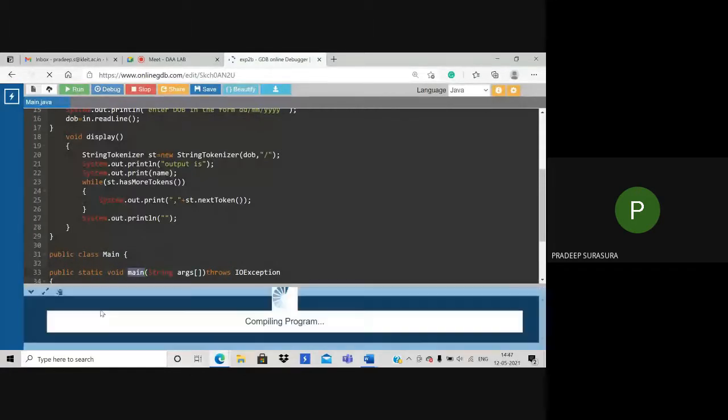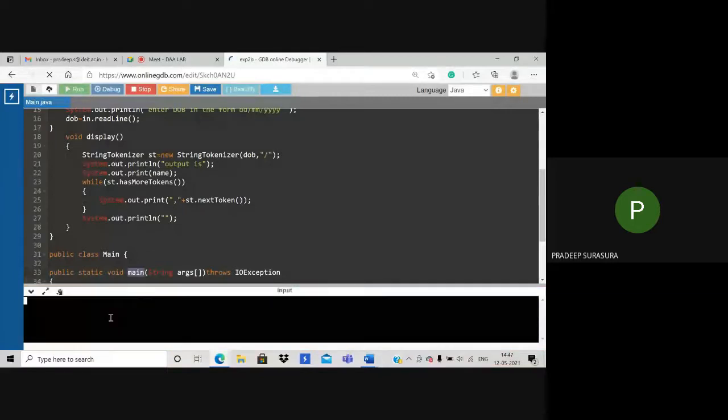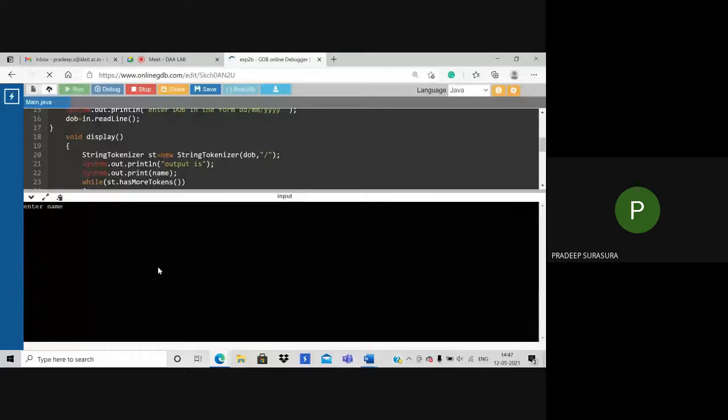When I run this, it will ask for the name and date of birth in a specific format. Sometimes we may not give the input correctly or in the specific format. It does not have any effect, because we may pass some spaces or something like that.